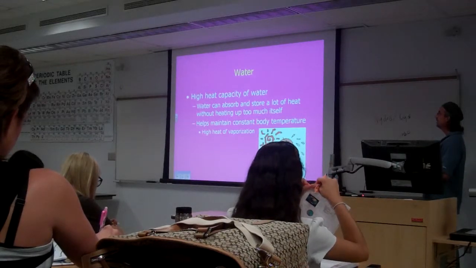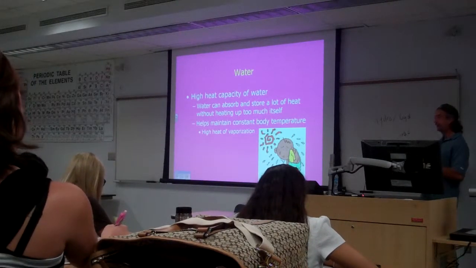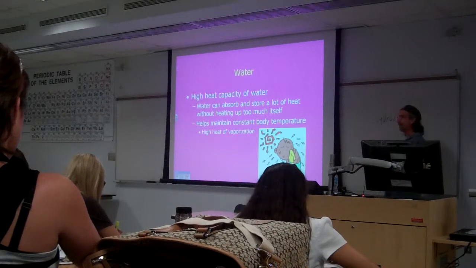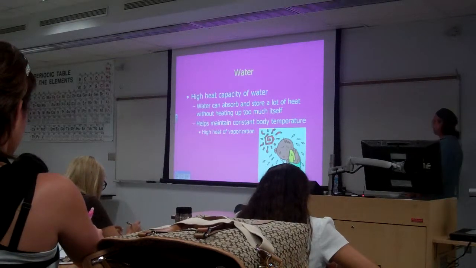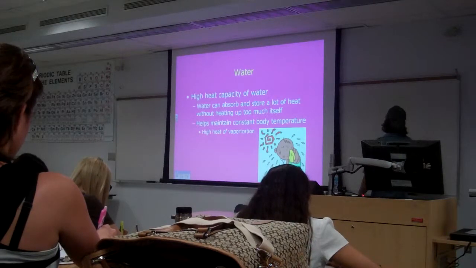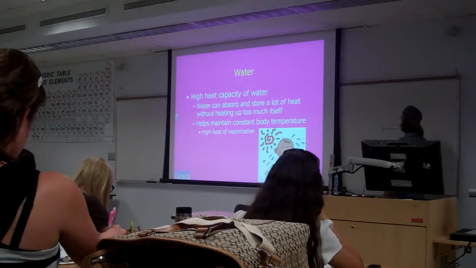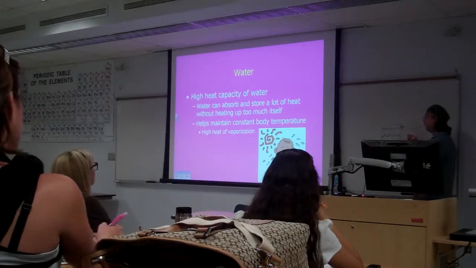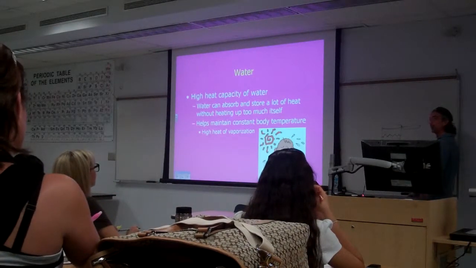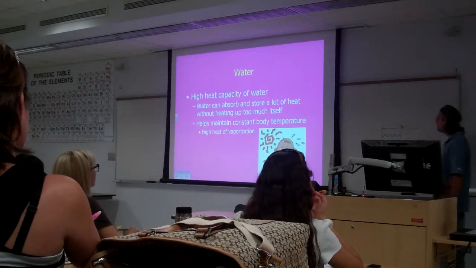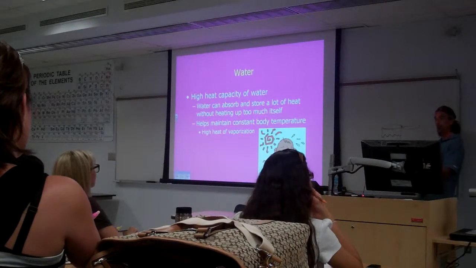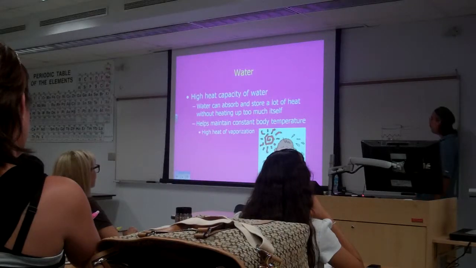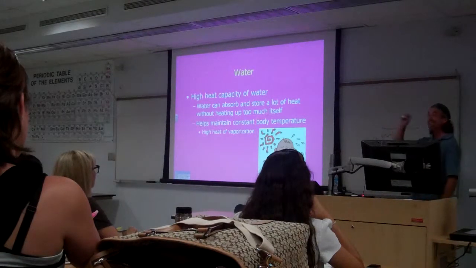Water also has a very high heat capacity. What the heck does that mean? It can absorb a lot of energy without changing temperature too much. You have a pot of water and you put it on your burner. How long before your water starts to boil? A really long time, right? To reach 100 degrees Celsius or 212 degrees Fahrenheit, all the energy from the burner going into your pot takes forever. A watched pot doesn't boil. So the water absorbs all the energy without changing temperature too much itself. We say it has a very high heat capacity.